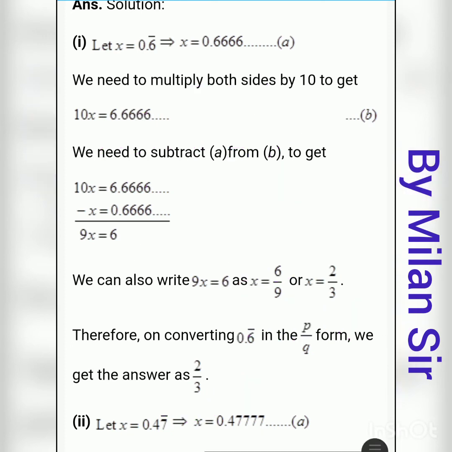So first of all, the original question we need to assume as x. So x is equal to 0.666. Then one digit is repeating, so multiply by 10. So 10x, one digit, so the decimal point moves one digit to the right. So 6.666. Then we need to subtract equation A from equation B. So equation B, 10x is equal to 6.666. Then subtract equation A, minus x is equal to 0.666. So all 6s cut. So 6 minus 0, 6. 10x minus x, 9x. 9x is equal to 6.